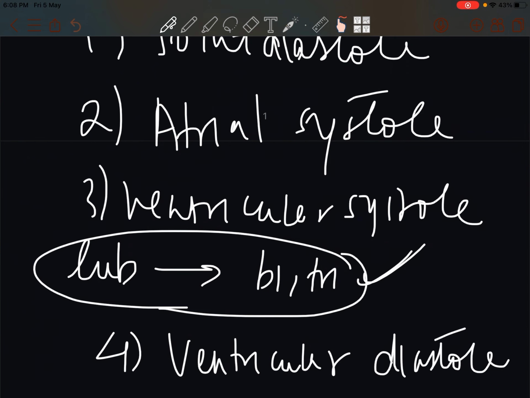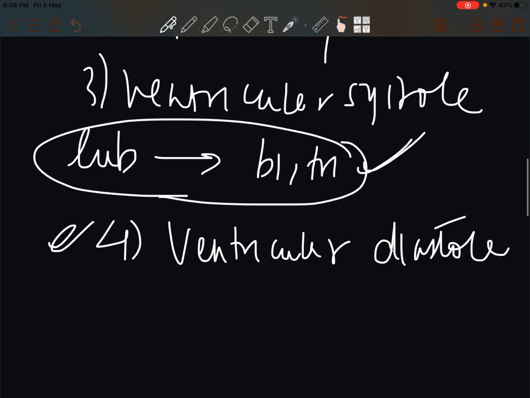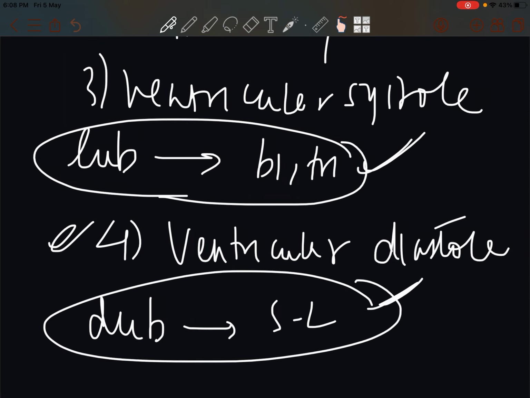Because of the closure of semilunar valves, the second heart sound dub is produced. So lub dub happens because dub is due to closure of semilunar valves, and lub is due to closure of bicuspid and tricuspid valves. Now in 1 minute our heart beats 72 times, because the pacemaker has about